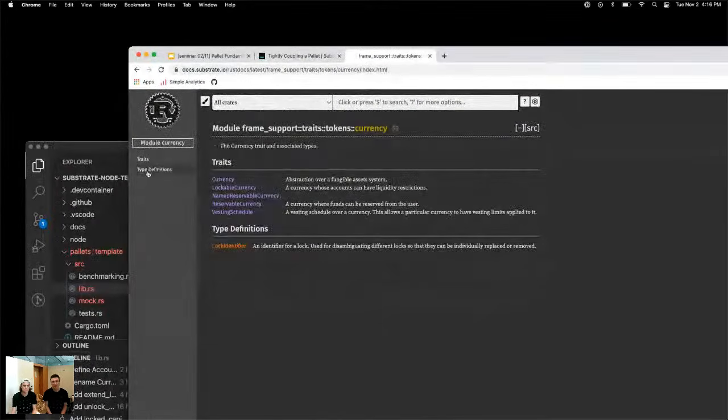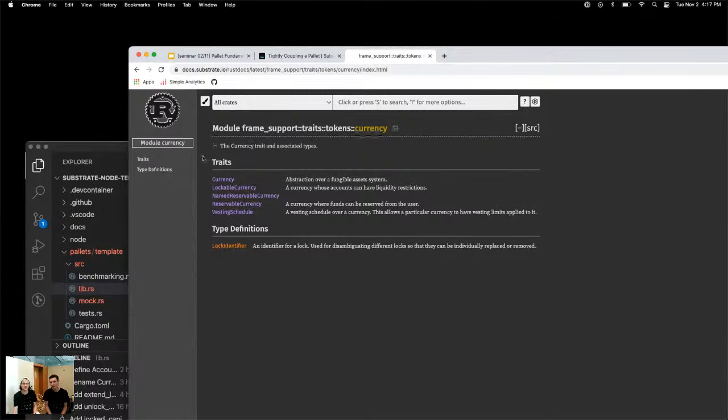Okay. So specifically showing there's different ways you can configure a currency and different traits. So basically describing what kind of currency you would like. Abstractly, we know what currencies are, and a little bit less abstractly, we're saying, is it a lockable currency or a named reservable currency, right? And I don't know, can we mix and match these? Or do you select one of these traits? I think you can mix and match them because they are implementations, they provide interfaces for the overall